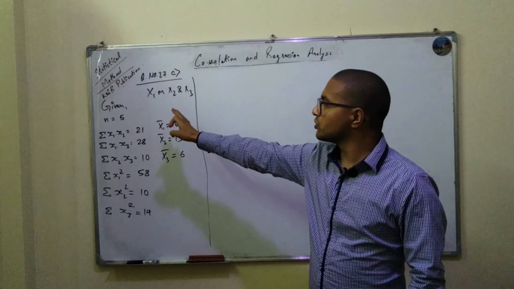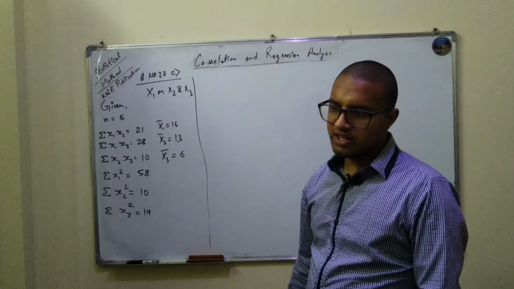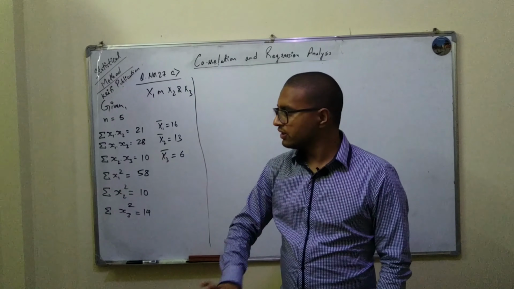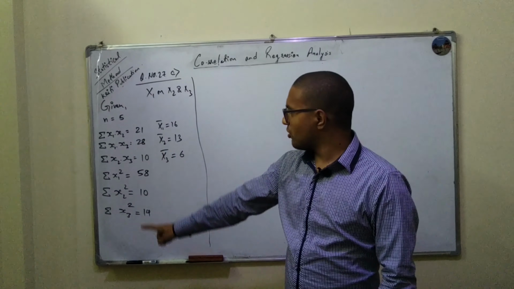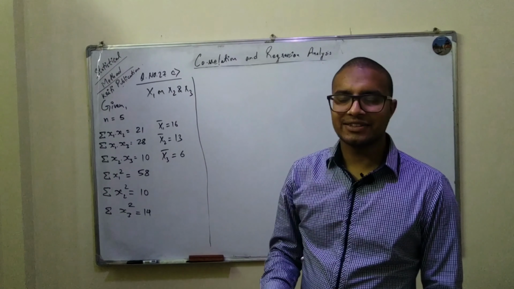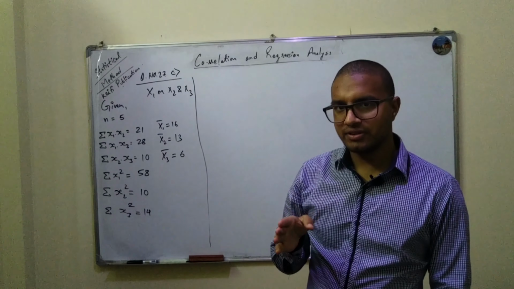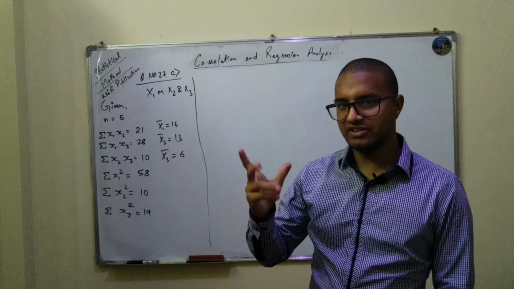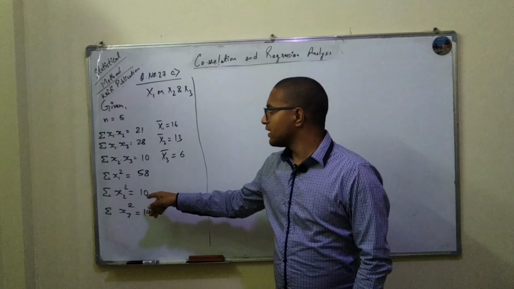What we've been given is the means: 16, 13, and 6 have been given. All these x are in small x, that means it's x minus x bar, right? So it's a value subtracted from the mean. It's the deviation, basically. And then after that,